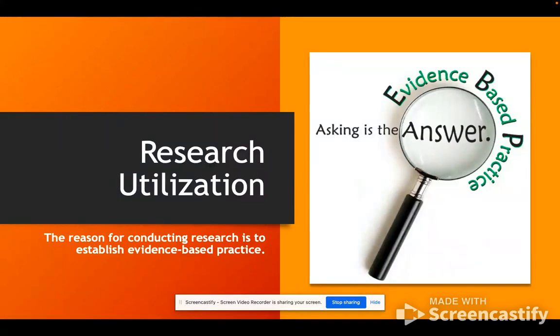So research utilization: the reason we're conducting research is to establish evidence-based practice. Asking is always the answer. We always want to know the why behind what we're doing and how we can improve, to make sure we are doing the best protocol or whatever our intervention is, that it is the best for patient care, that there's evidence that has been done, evidence that has been studied, that we are doing the best evidence-based